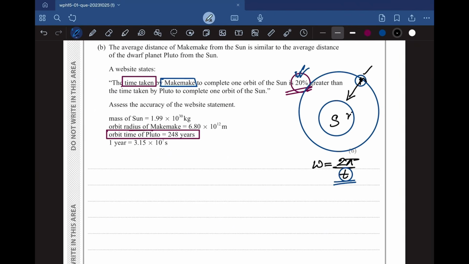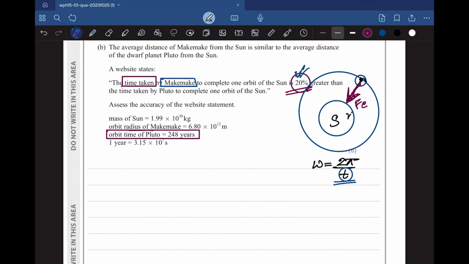So as both of them have a mass, the sun will be exerting a gravitational force on the Makemake, and the Makemake will also be exerting a gravitational force on the sun. The gravitational force exerted by the sun on the Makemake will be in this direction, and this gravitational force is going to be the actual centripetal force, because